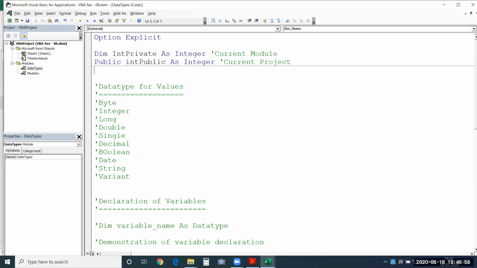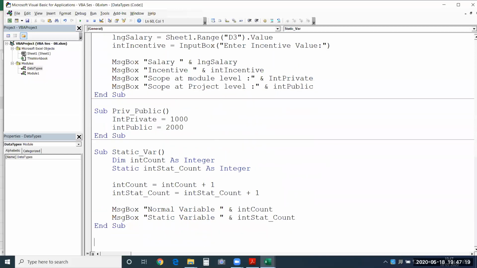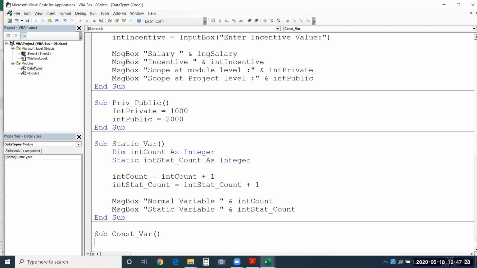So the constant variable, as I said, could be constants like pi, or some constant set in your organization, some threshold for quality reasons, let's say. The errors should not exceed 10. You can set such constant values. Now let me show you that within the macro, I am going to declare a constant variable. Sub constant variable.